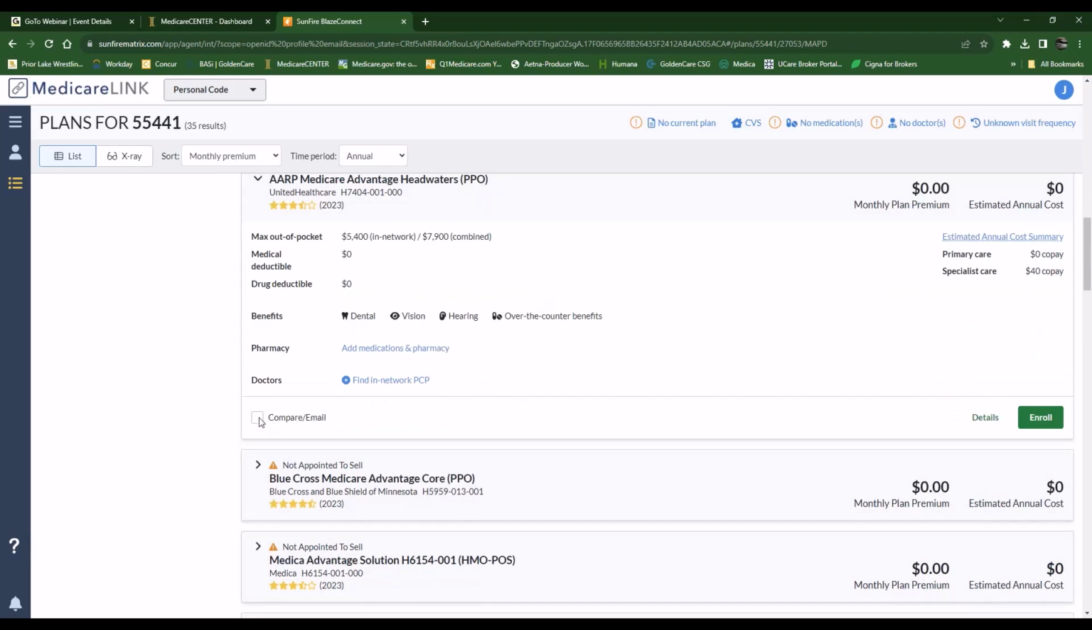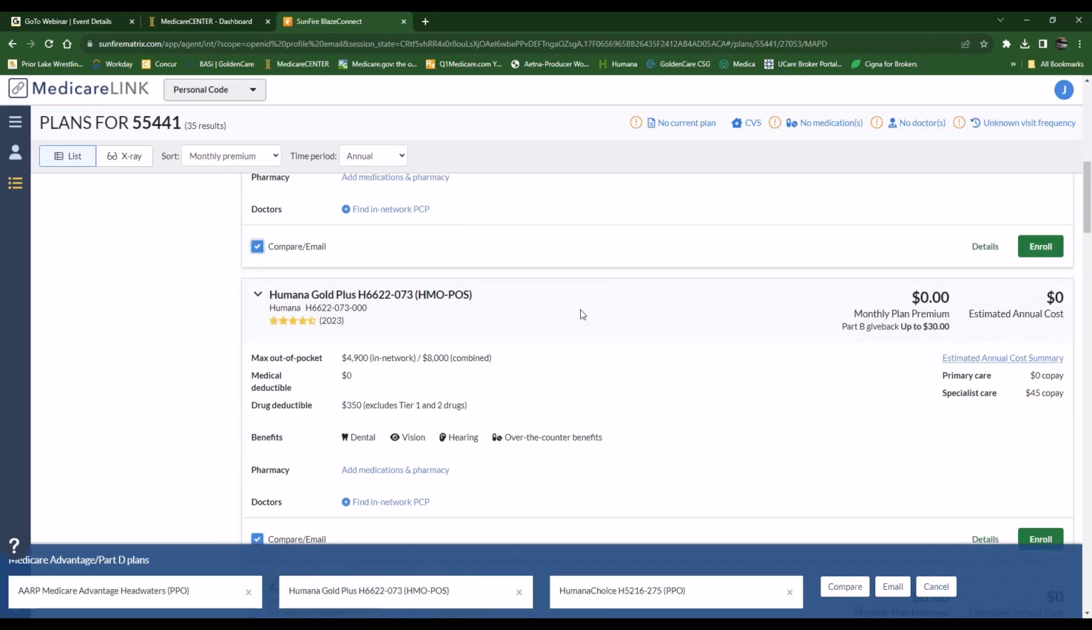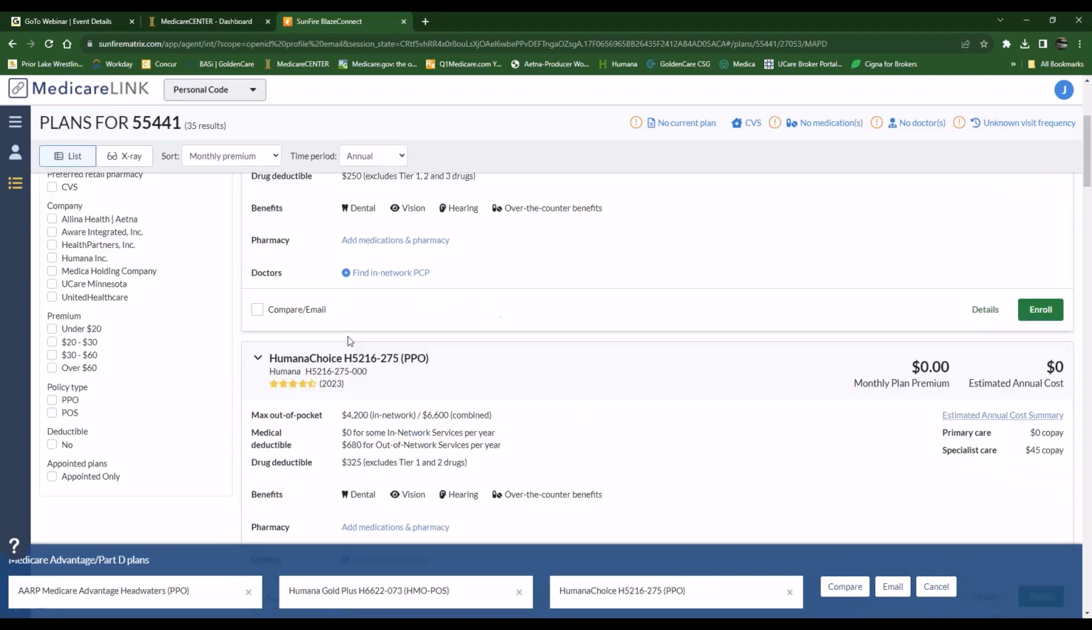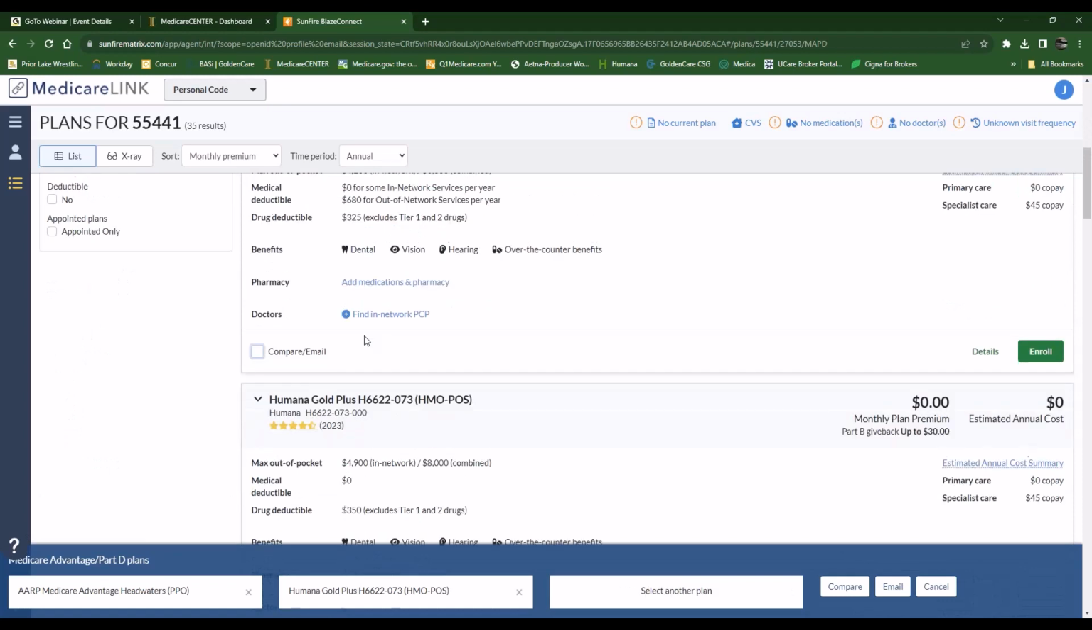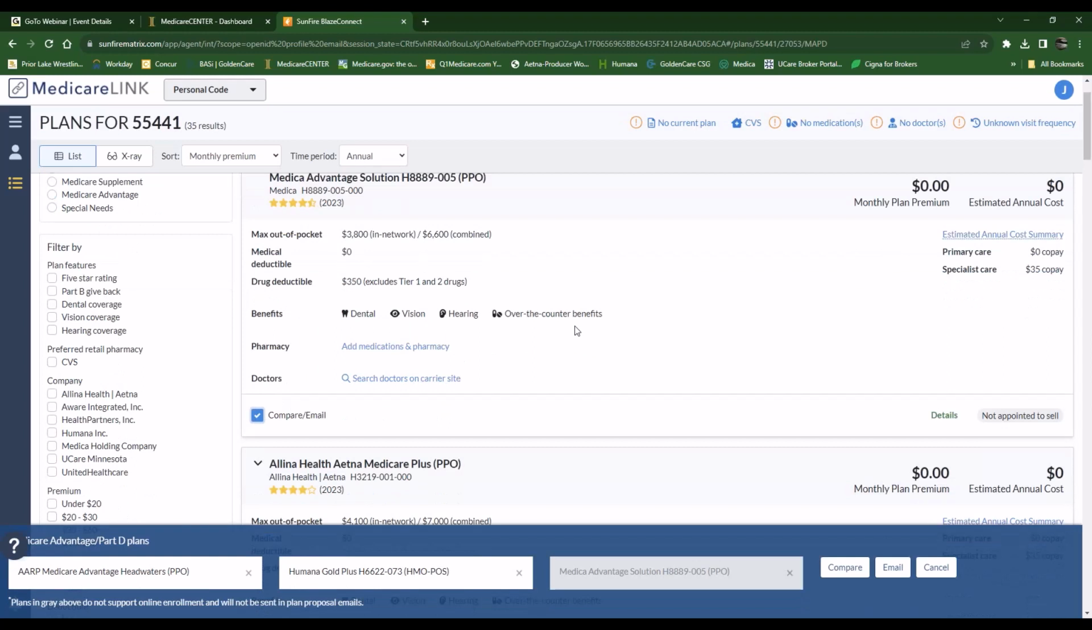Medica's whole year, but I'm not. This is showing me not available to sell Medica through Medicare Link. I don't know why. It's one of the first contracts I had. But everything else is there that you can do. The nice thing about using the Medicare Link, it's a really good comparison tool. You can compare the ones you're not